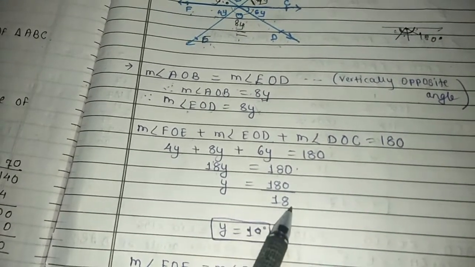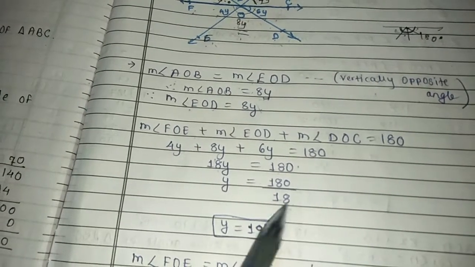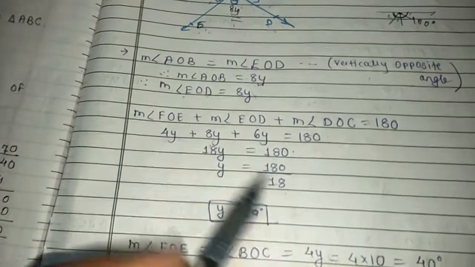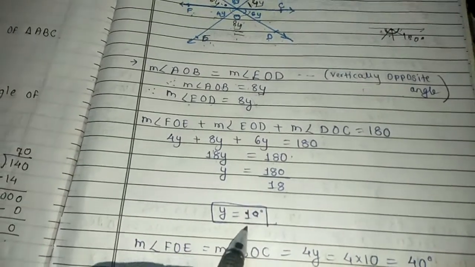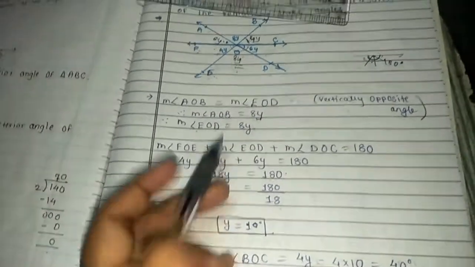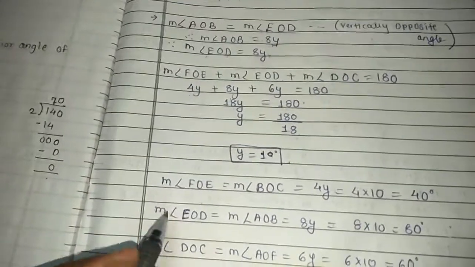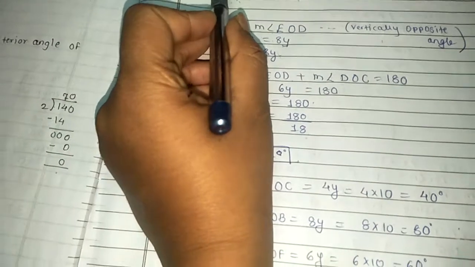So 18 we shifted to this side, so it becomes division. 180 divided by 18: 18 ones are 18, 18 tens are 180. So y is equal to 10 degree. But we did not have to find the value of y; we have to find the remaining angles. So the remaining angles are nothing but, first one, see this one,